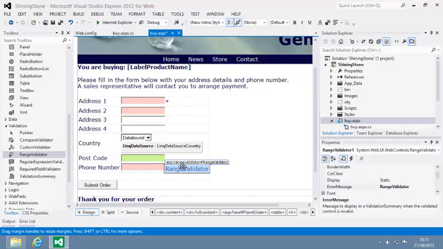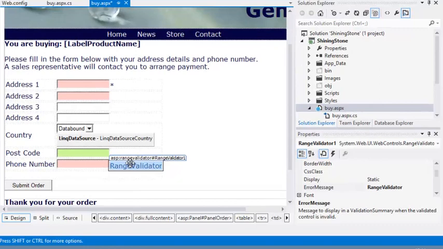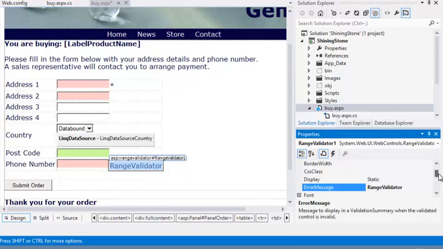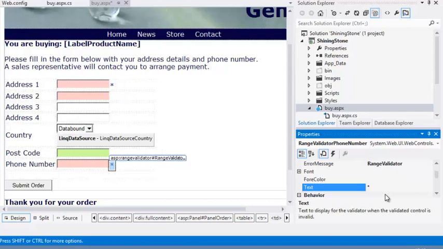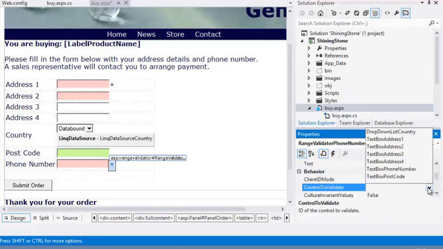The range validator control allows you to restrict a value to a specific type and range. Now you'll need to set the properties of your new range validator, so set the ID property to range validator phone number, set the text property to star, set the control to validate property to text box phone number,